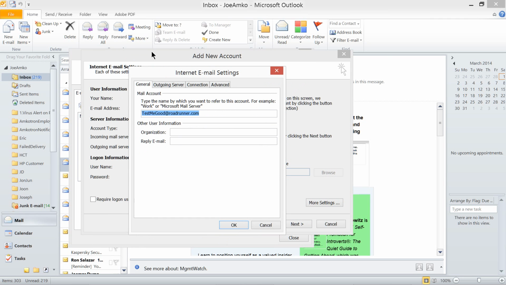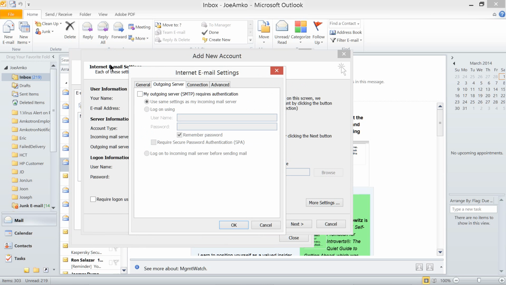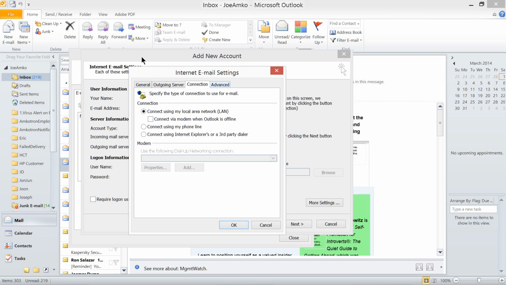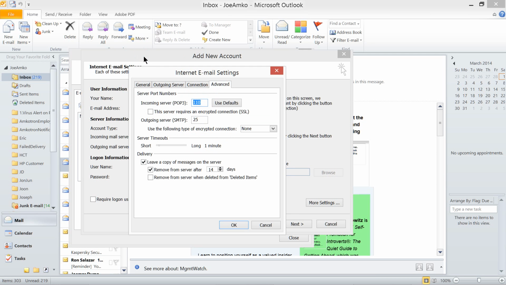It depends on your email server. Some require outgoing servers to require authentication, but it looks like this email server doesn't require that. And then go to advanced. For encryption, it depends on your service provider for email.